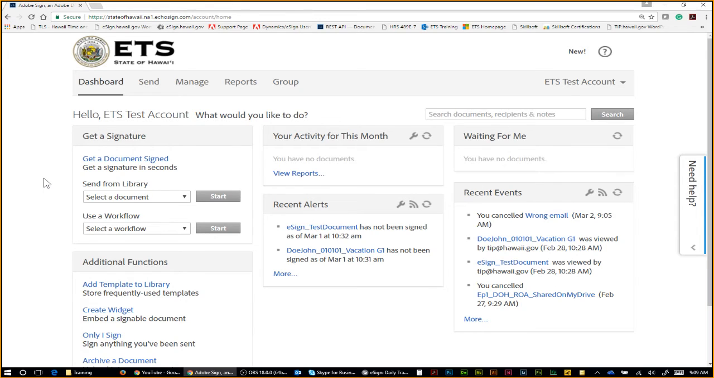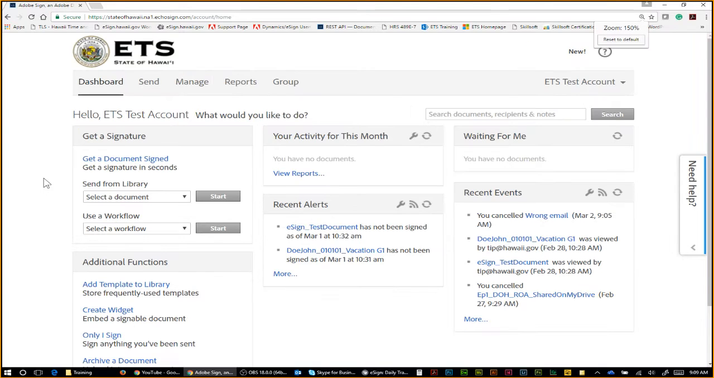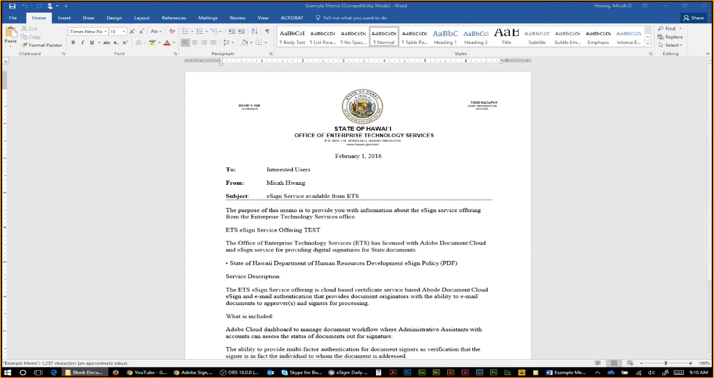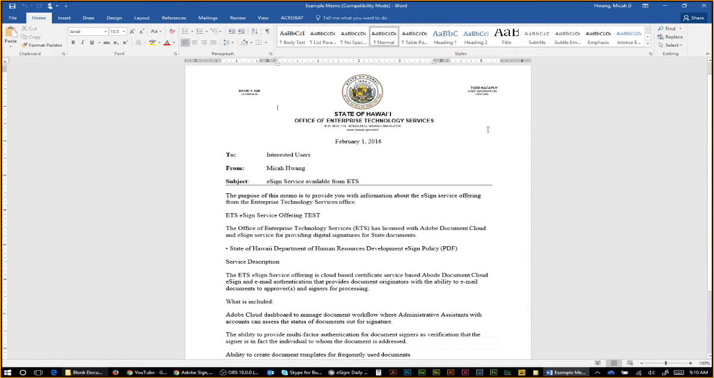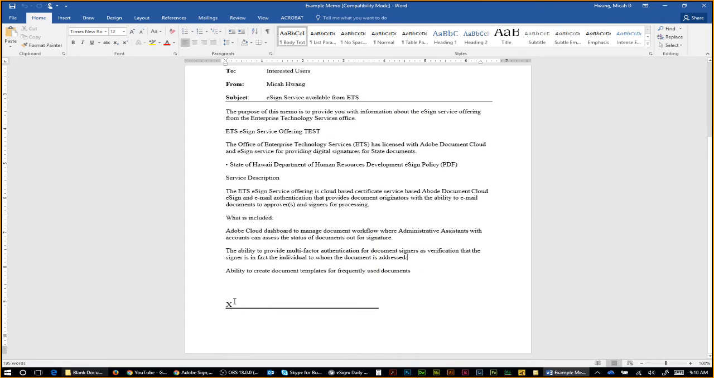Okay, so going back here, how do I send a document out for signature? That's one of the most basic things. You're going to have a document. Let me open one up right now. So I'm going to open up my Word document here, and it's called example memo. Essentially, it looks like a memo. It's got a whole bunch of mumbo jumbo in the middle, doesn't mean anything, and it has a signature line